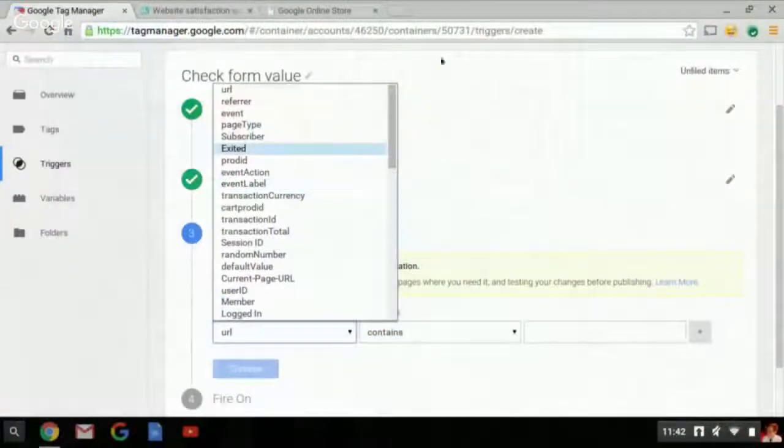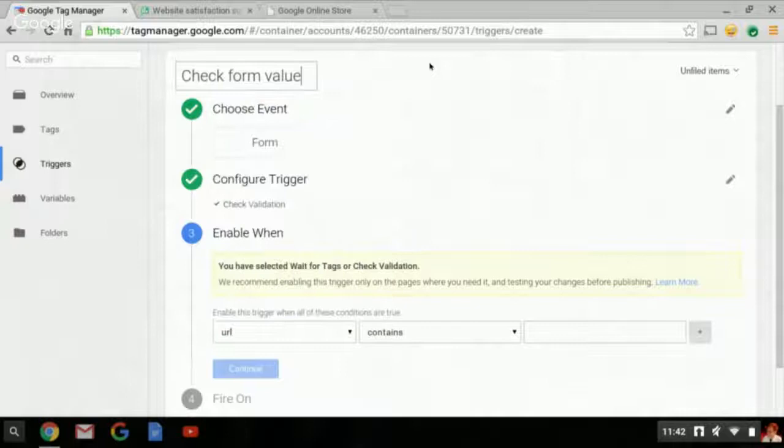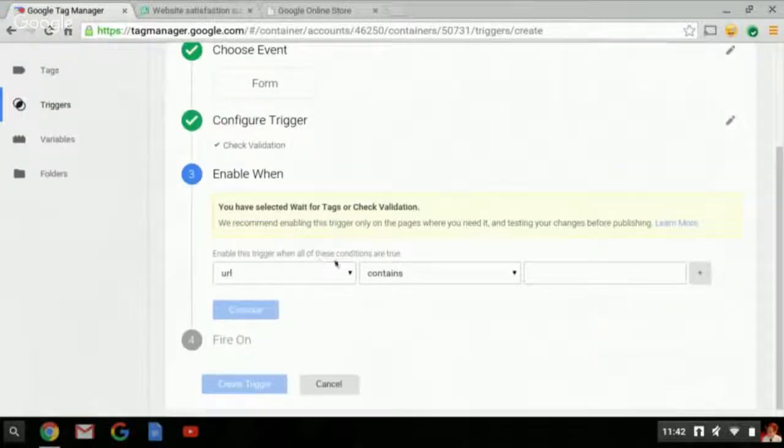Yep. And one other thing I want to mention while we're here, and actually if we can shift to my demo machine, some people are a little bit confused about when they're setting up a form submit trigger. They get to specify two sets of conditions, right? One is enable when, and one is fire on, right? We're going to try to make that a little bit more intuitive, but just to explain what that means,